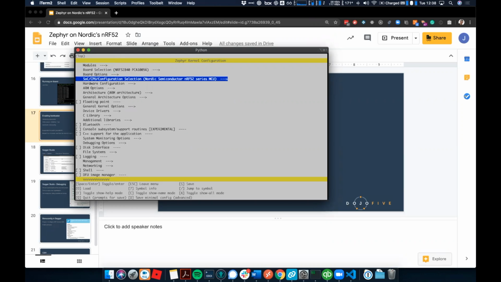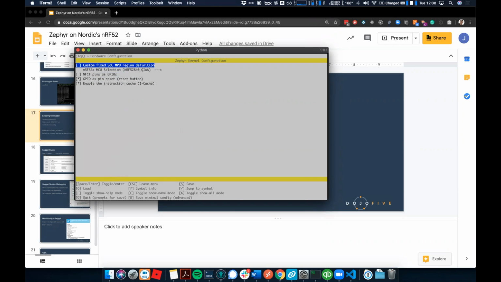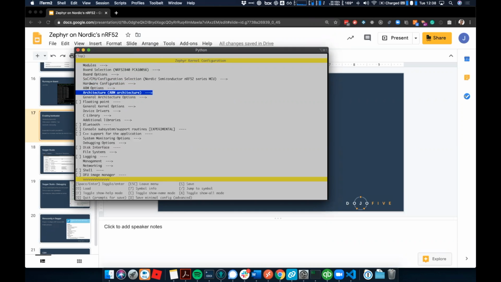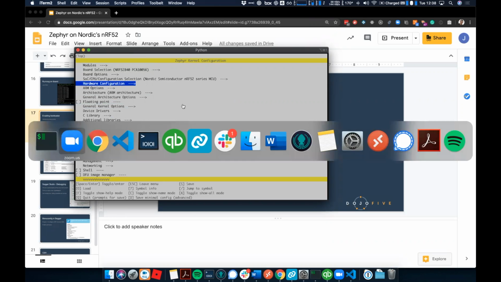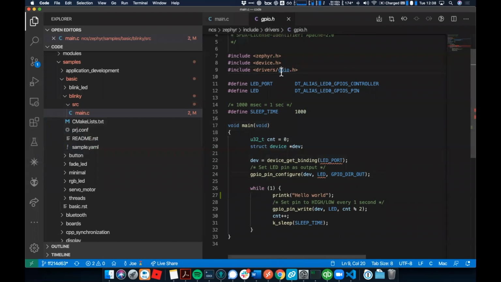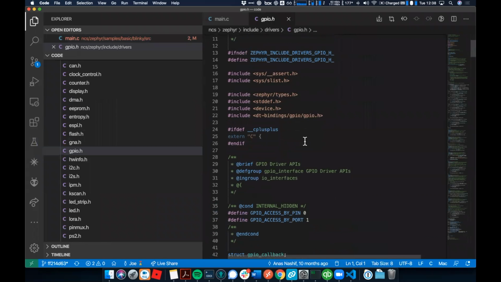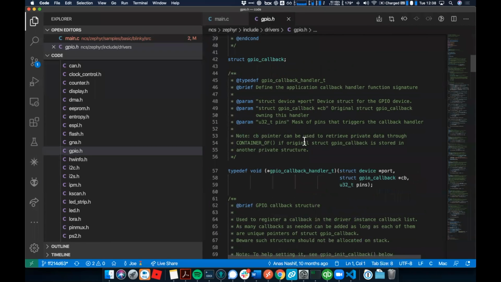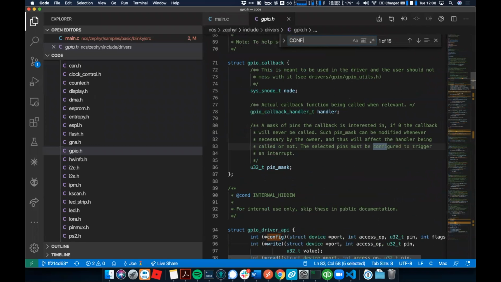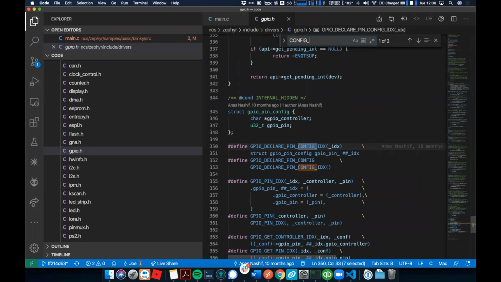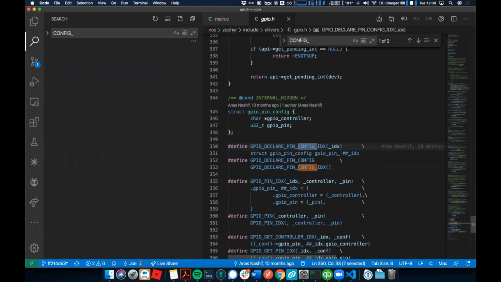Board options, you can just go through these options with your keyboard pretty easily. And the other way to look through this is in the code. Let's go into the GPIO driver. Let's see, is there any config? Yeah, these aren't the right ones though. So if you look for config